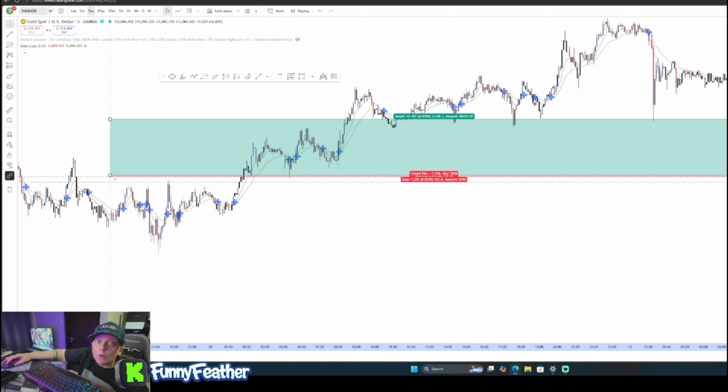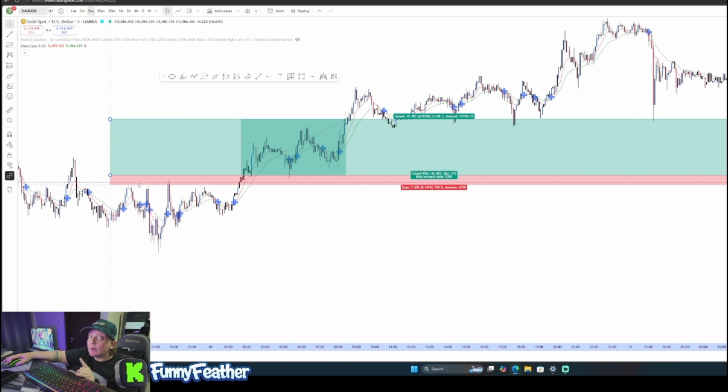It came back and it would have stopped you out. It would have stopped you right out of your trade, because the market knows, the big guys know, that most retail traders put their stop loss at the edge of a lower low. So what is good to think about is that maybe where people think you should put your stop loss is a good place to put your entry